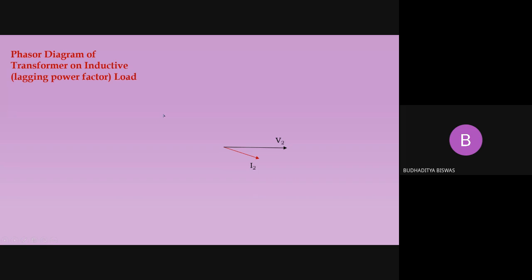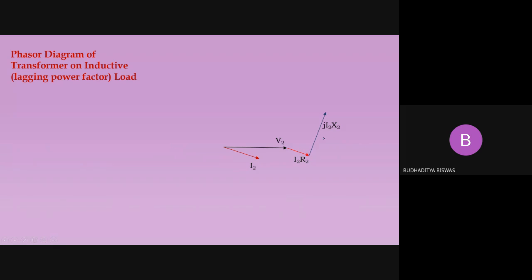And from the phasor diagram, we know that for a resistance only, all are in the same phase. That's why I2 R2 is in the same phase, because these two are parallel lines. You see that the two red arrows are parallel, so there should not be any phase difference. It is not mandatory that you always draw this voltage drop in the same line, or that if they are parallel, then the angle between them is 0 degrees. So this is the voltage drop across the secondary resistance, I2 into R2.